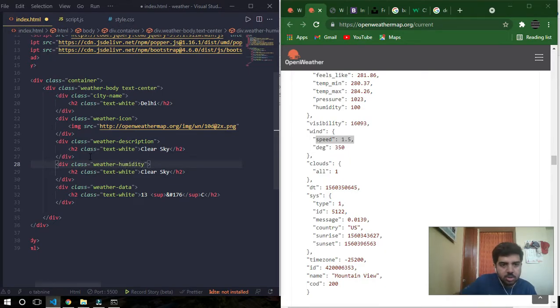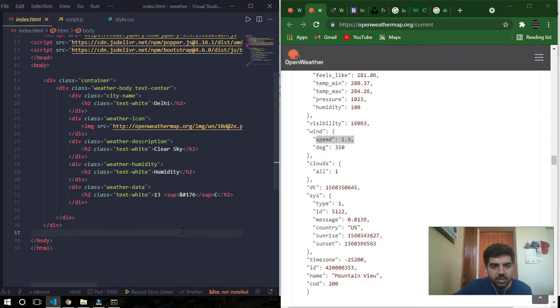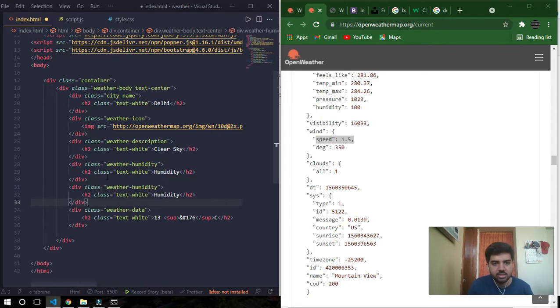Humidity, I'll just give it humidity. Then after humidity, I'm gonna take the wind speed. Mountain view, Delhi.